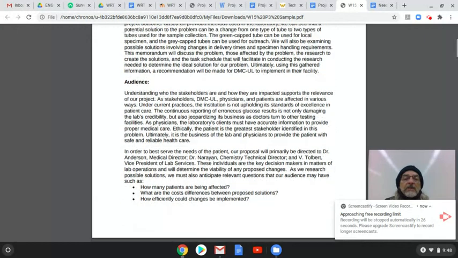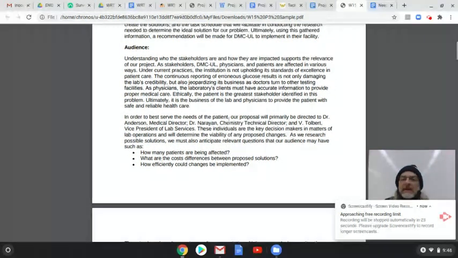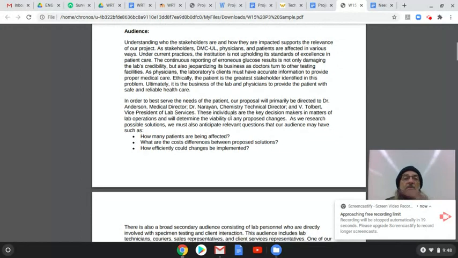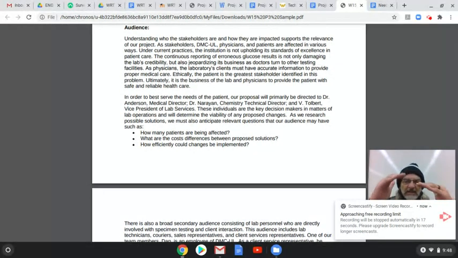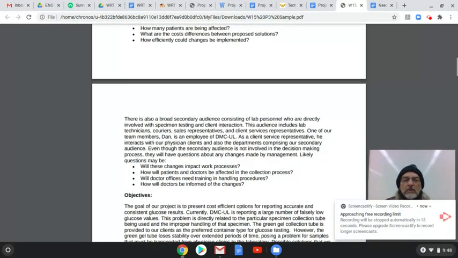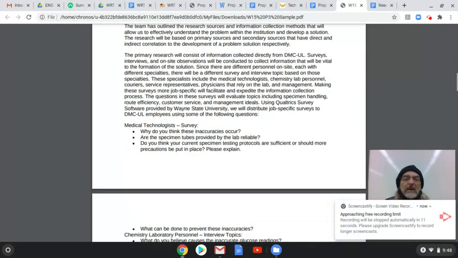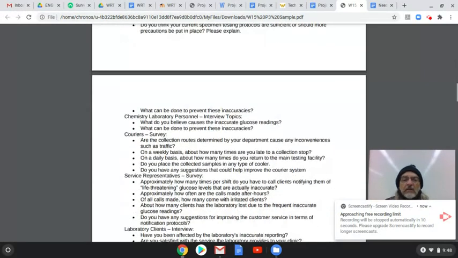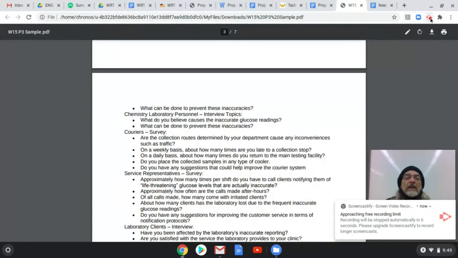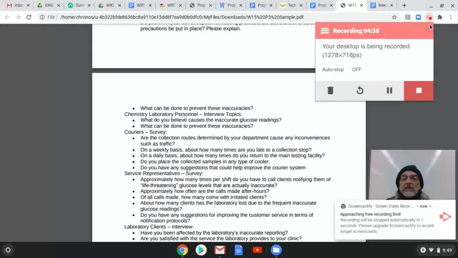Then you'll notice this level of specificity as you read through. I cannot tell you how good this is. In order to best serve this audience, here's what we're going to do. Here are some anticipated questions, here are the questions we're going to use. Here's the survey, here are the questions, here's the survey to these people, and here's the survey to those people. That level of detail is so incredible, especially when you compare and contrast it to the